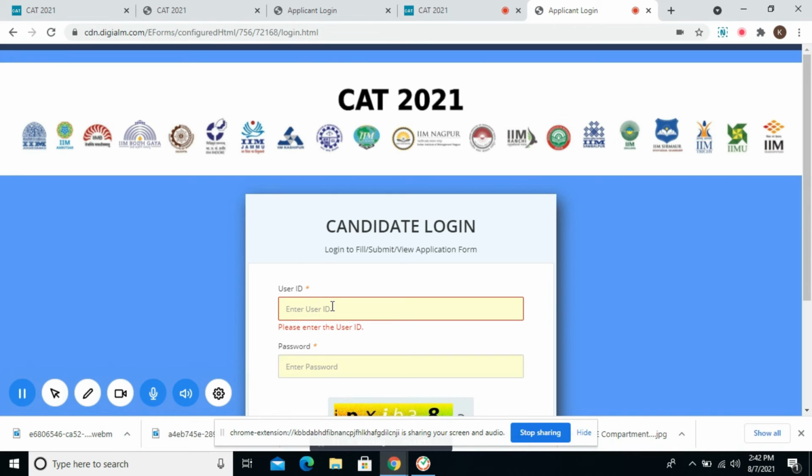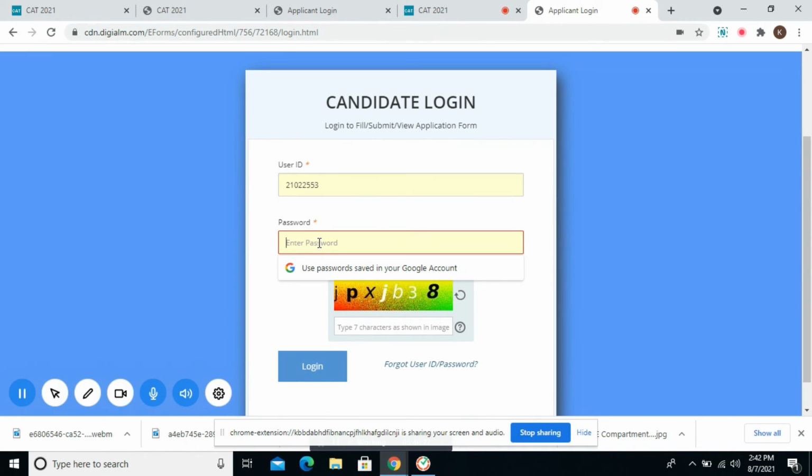There is no need to worry if your computer or your internet keeps on failing like this. You can always enter your user ID and password again. Your data is always safe.